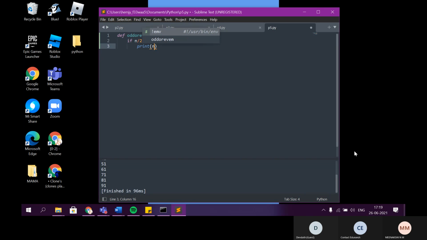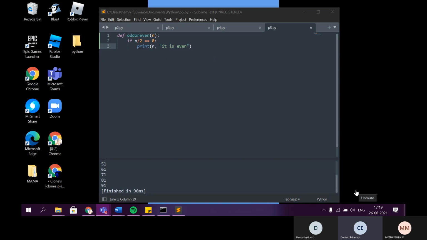Is it a comma, like how in Java to add two things in print we put plus? No, in Python just remove that one. You have to use F strings.